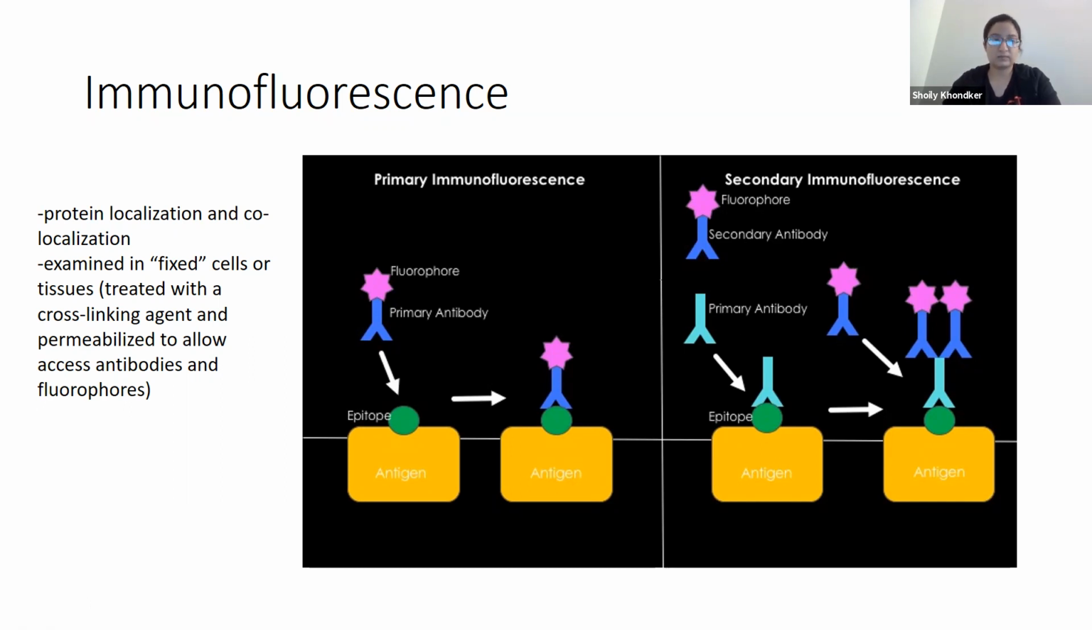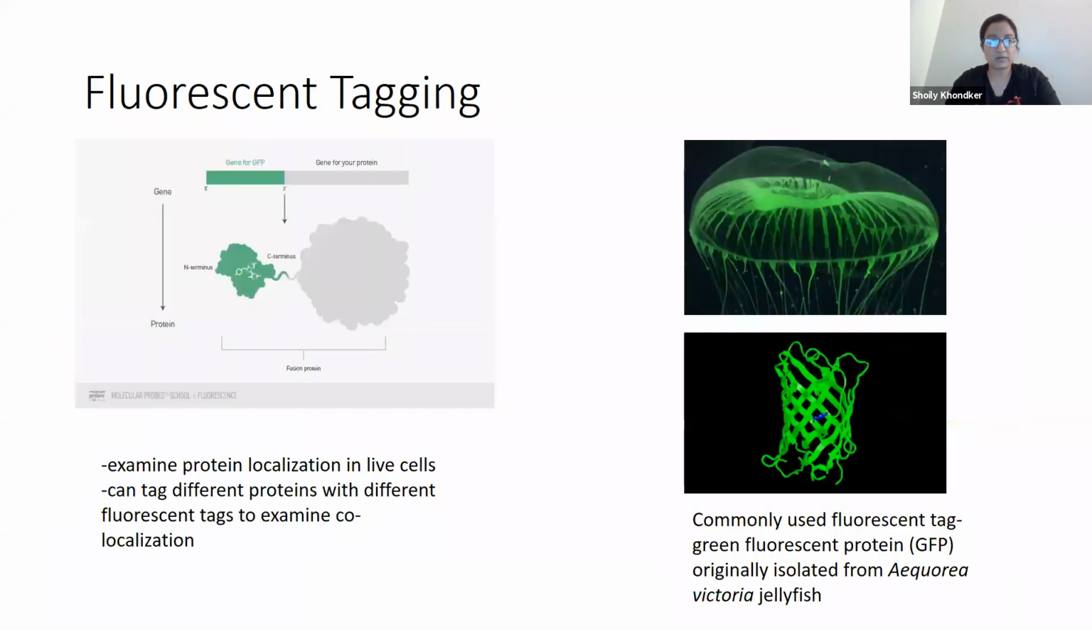And one thing that can be done is two different proteins can be detected by immunofluorescence at the same time to see if there's a potential interaction between them. One of the downsides to immunofluorescence is that you're working with cells that have been fixed, so they're not living cells. So one way around this is to use